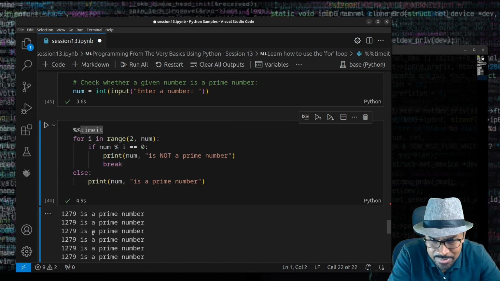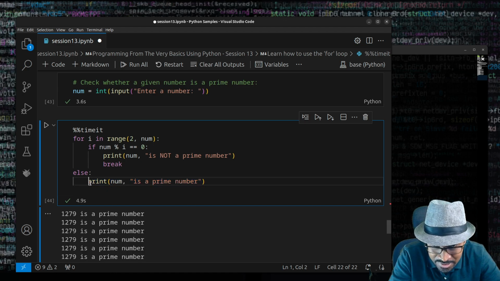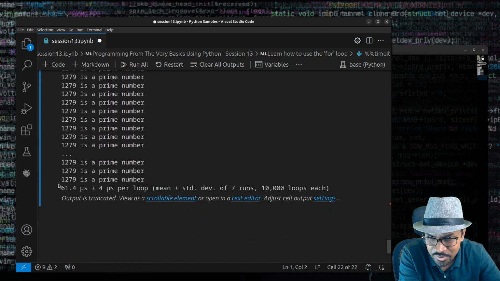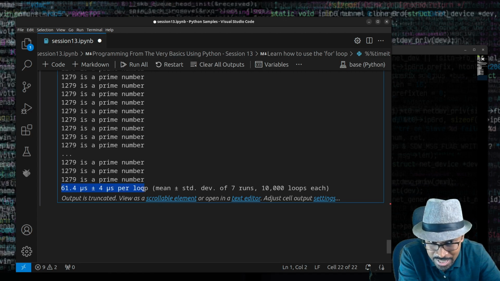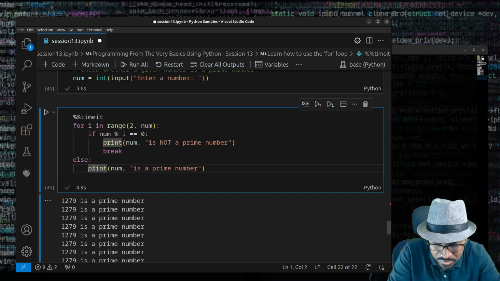This also timed the time taken to print this number. So if at all you want to optimize, you don't want to consider the overhead of printing them every now and then, so you can see it executed a lot of times. See this? It shows below. It took about 61.4 microseconds, plus or minus 4 microseconds per loop. The time taken for the actual CPU usage is this, but print adds its own delay, and that delay is what is shown as 4.9 seconds here. But what I'll do right now, I'll just try to